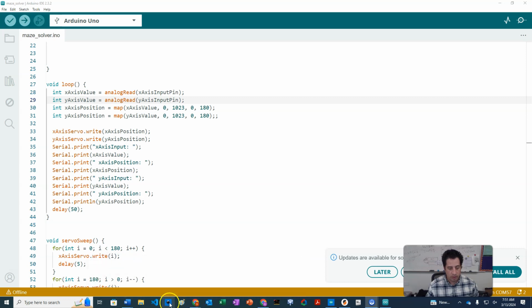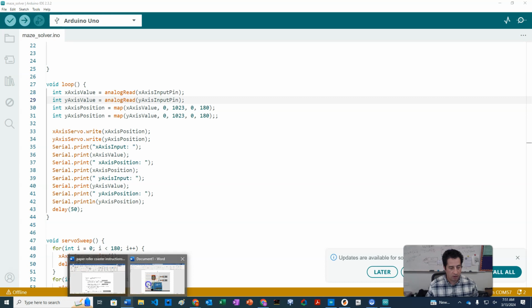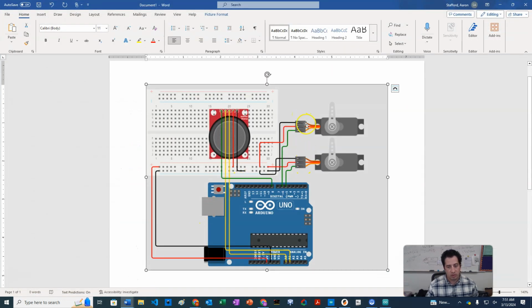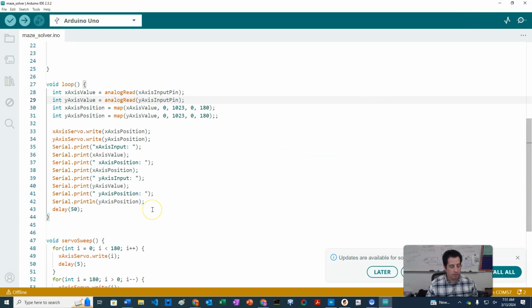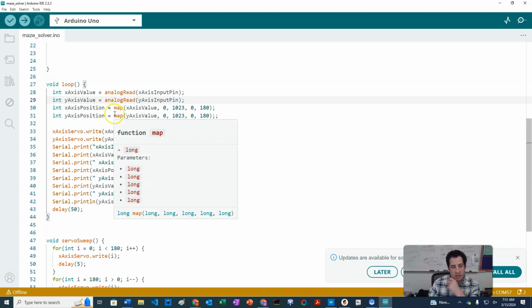All right, we're going to continue building the code for our maze solver. So far we've built our circuits. We've got 2 servos to control the maze, our joystick, and we have our physical assembly that we're programming that looks like this guy right here, okay? And so now our next step is we have control of the servo motors with the joysticks, but now